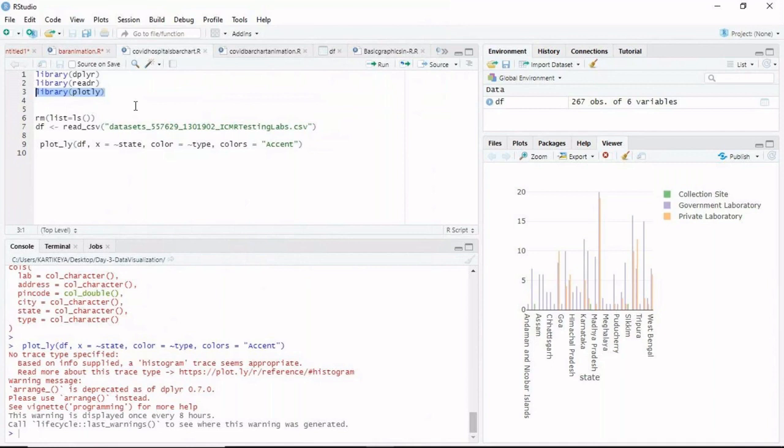So suppose if you want to make a bar chart, I can use the base version of R, or I can use ggplot2, or I can go for another package called Plotly. Like this, we are able to draw interactive animations or interactive graphs using R.